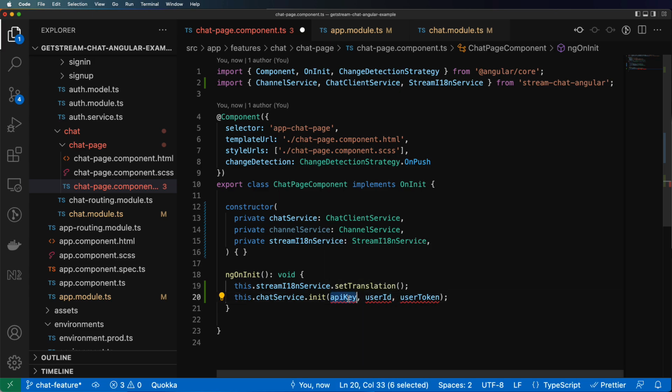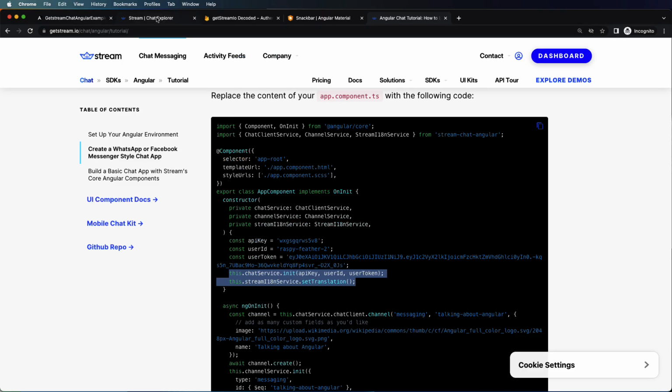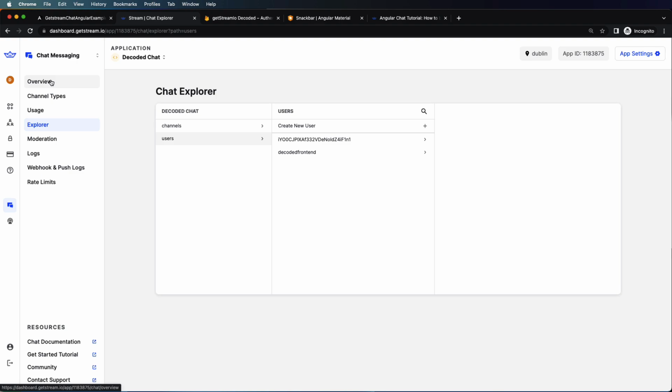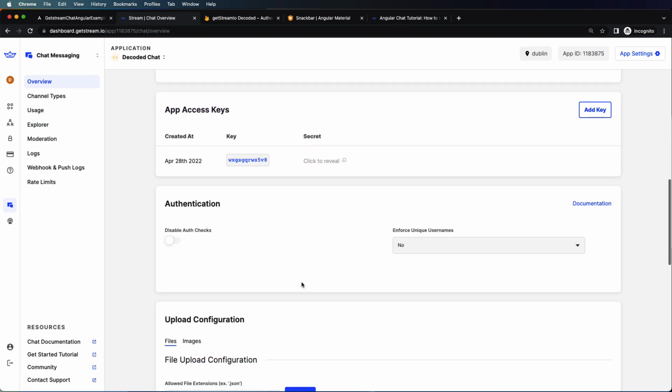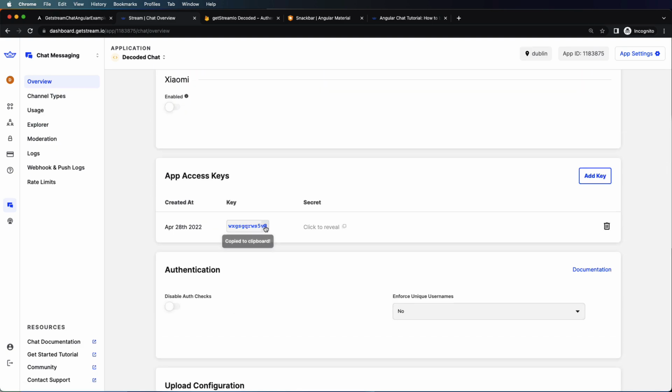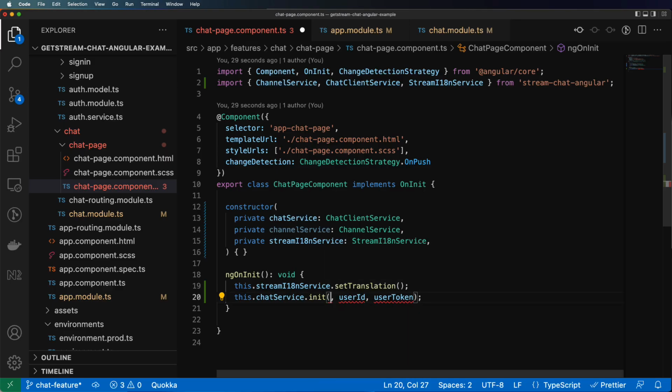The API key is okay. It is quite easy to get. We just have to go to our GetStream.io dashboard, and somewhere here, yeah, there is the public key for our chat. So I can copy it, then I can either hard code it and paste it right there, or let's follow